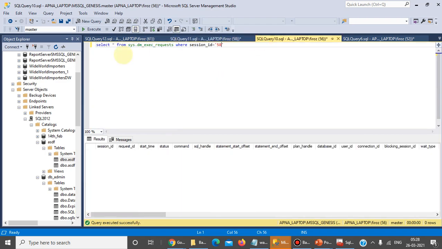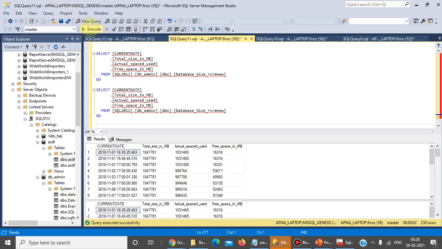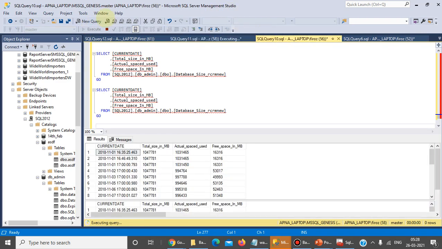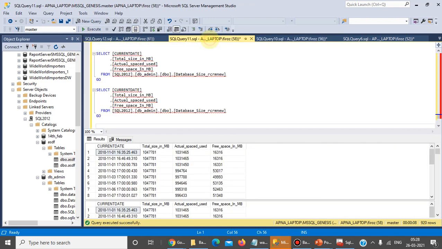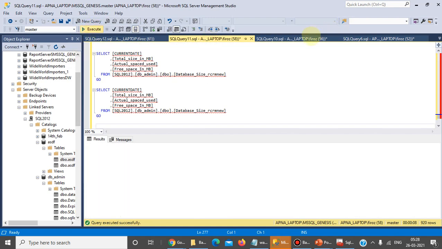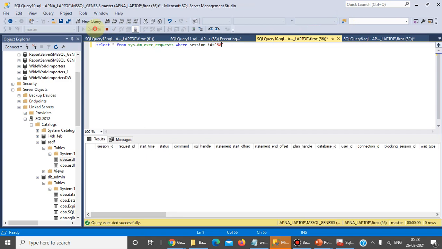There are multiple select queries now. Now we run and go to the second tab and run again. We have missed out again. Let's start, and again we can capture this.